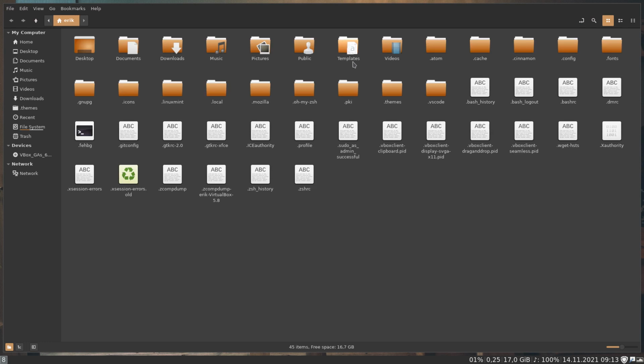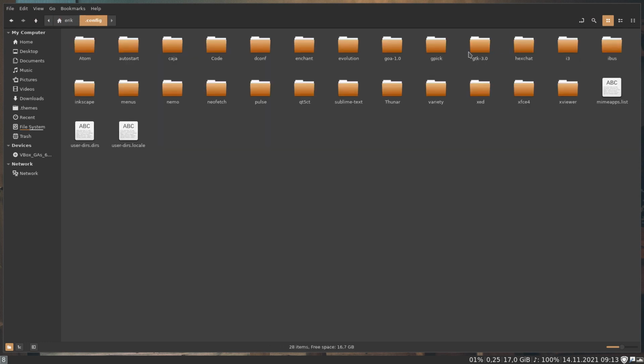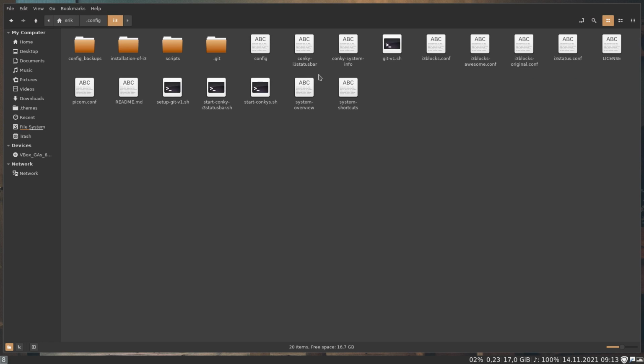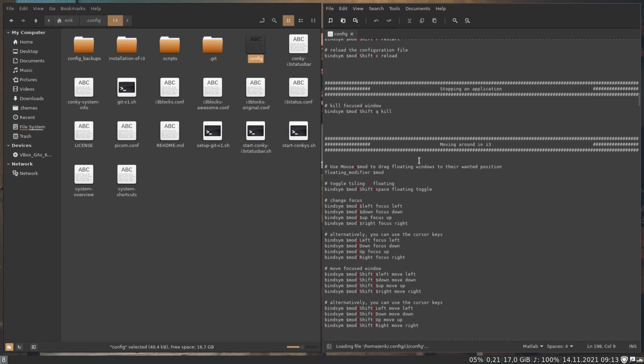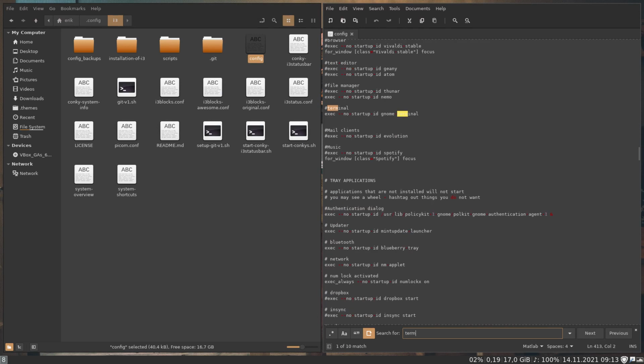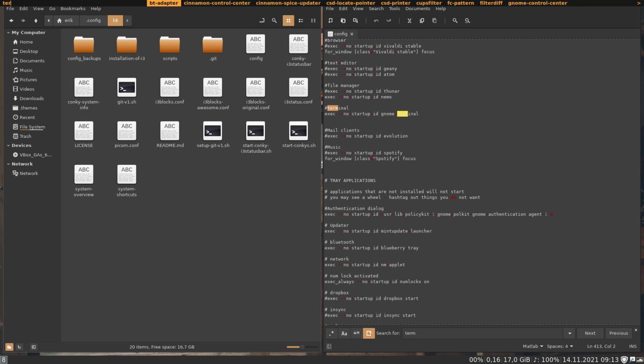Control H. .config i3. Do not like the icons. Config. What was I looking for? For a terminal. Probably not installed. Terminal. GNOME terminal. I have i3 terminal, Xfce4 terminal,